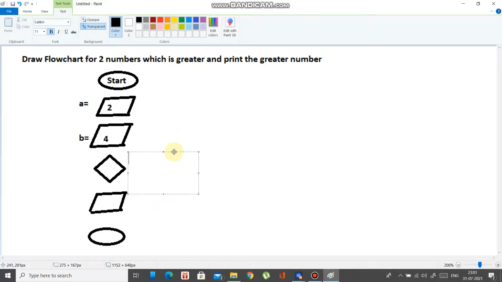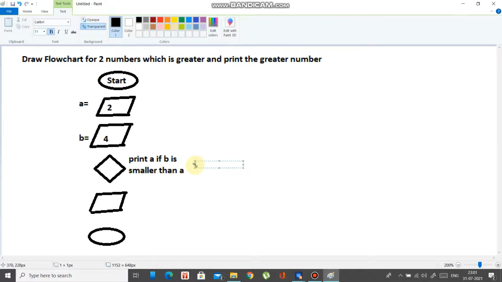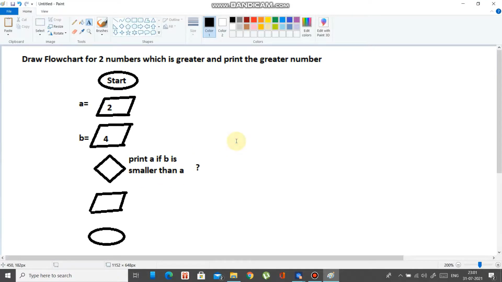Now let's see, if the condition is like this, print A if B is smaller than A. Now what will happen?